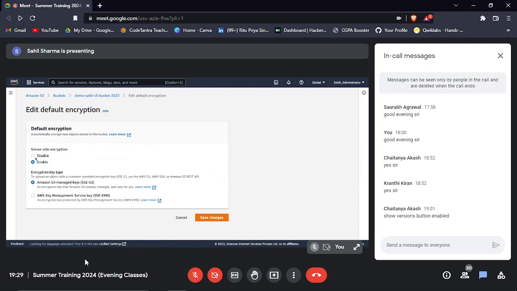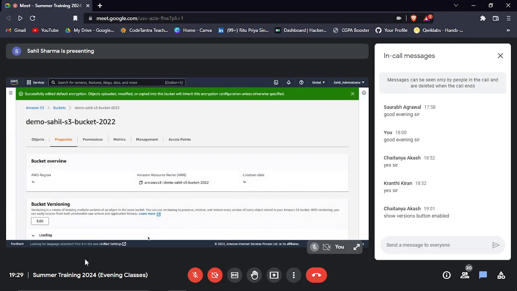Okay, now once you enable this, out of these two options, whether you want to use SSE-S3, the default encryption by AWS, or you want to use KMS, you need to choose. I am saying that I want to choose the Amazon S3 SSE encryption. Okay, so this is the default encryption. I'm going to enable this. The moment you have this default encryption enabled,